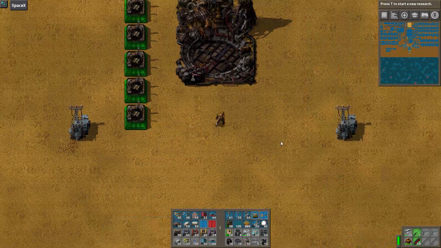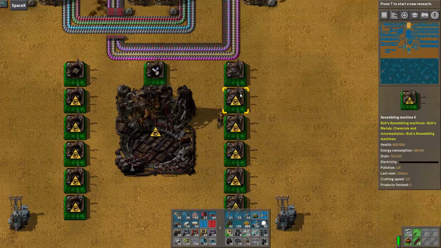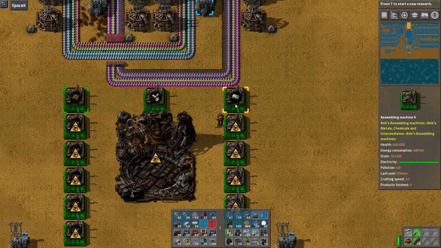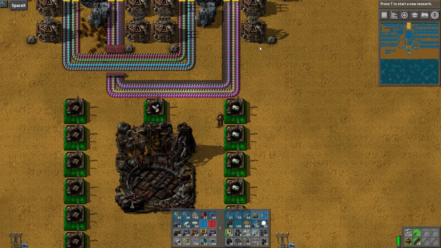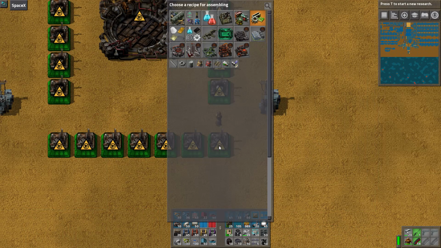So we're going to need some of those on one side, and on the other side we'll need the other dude, the rocket control unit. This is why we're bringing the speed modules down specifically for this one instance. We have speed module 1s on the main bus, and that'll also take the electronic processing board. And then the other thing we're going to need is the